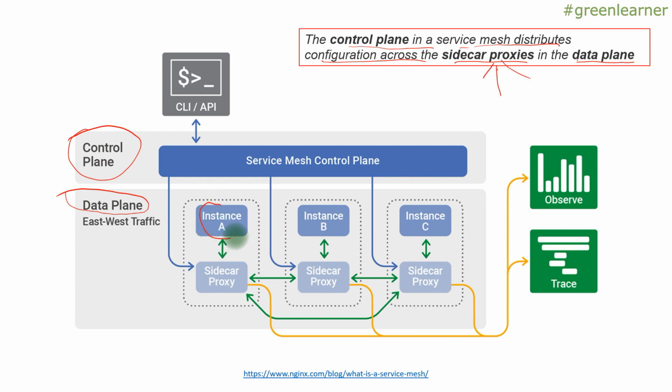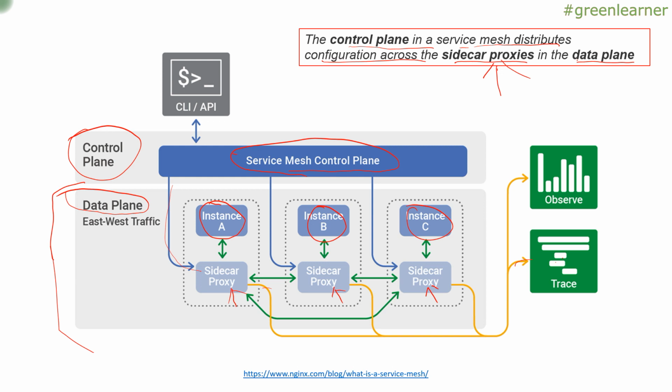This is a particular service here. This is also a particular service, and this is a particular service. And this is the sidecar proxy deployed along with the main application. And this is the service mesh control plane. If you have to pass any configuration to your service, that has to go through the sidecar proxy. And this one is the data plane, right? Any request coming to instance A, B, C, all of these go through the sidecar proxy. So all of these can be traced and observed, whatever is going through the sidecar proxy.